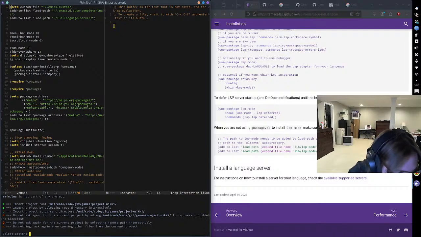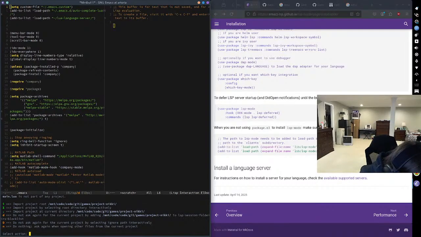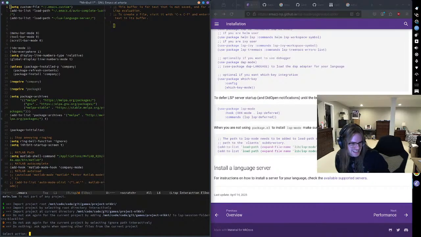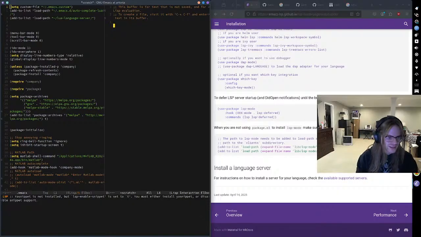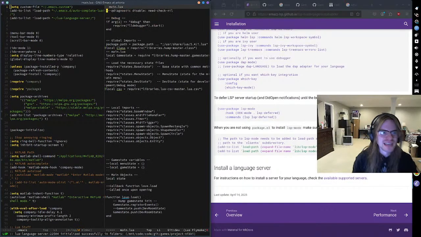Okay, so this is interesting. Main.lua is not part of any project. Import project root. I can't tell what character that is. Is that lowercase I? Uppercase I? I think we'll just do dot. LSP. Yes! Okay. Alright,